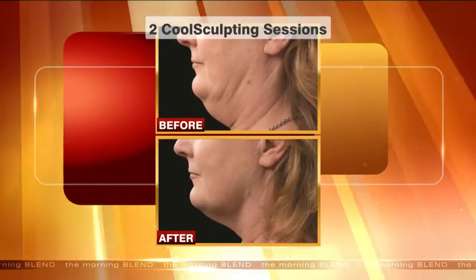So much thinner and younger. I've personally been surprised at some of the results we've been able to get with just fat reduction of the chin, more so than I would typically expect. I want to see that picture. And again, even in some cases with one treatment, you look at these, it looks incredible, doesn't it? It does. Typically, you would expect